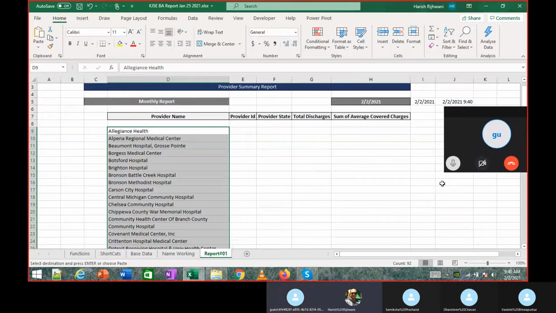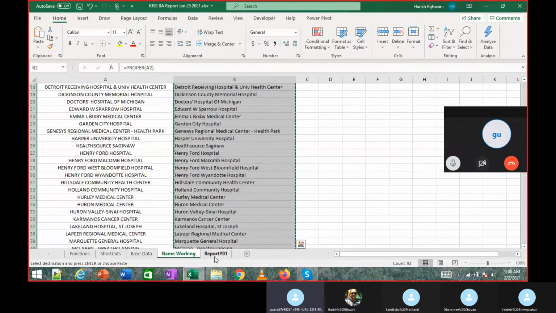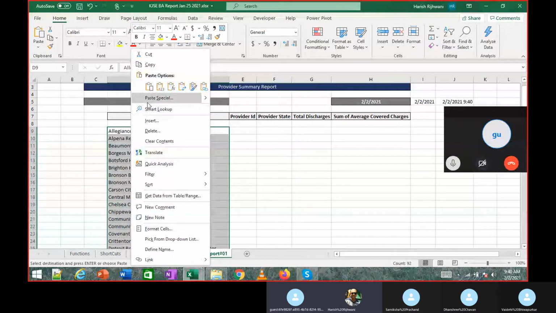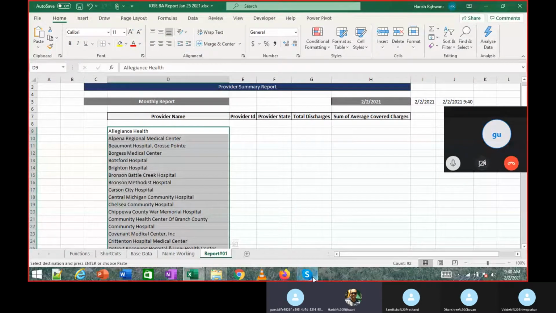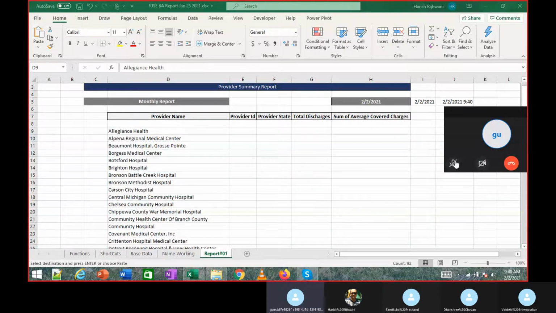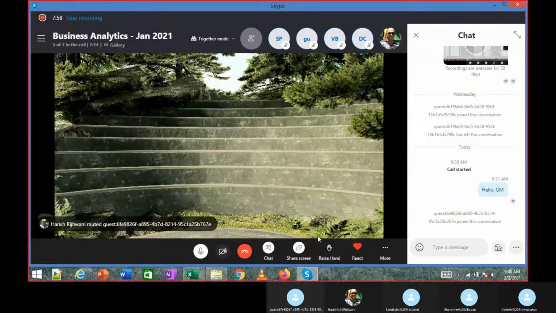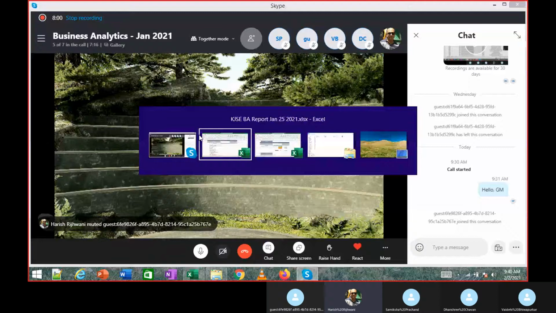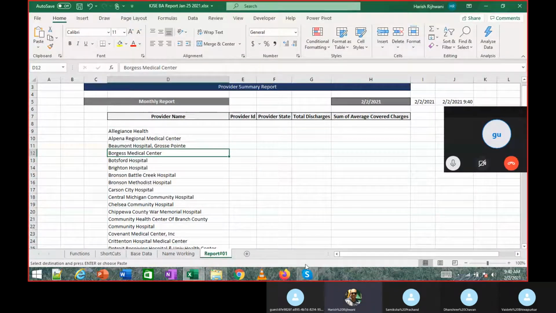Can you try this? You copy this, right click, paste special and values. That's what you're supposed to do. Can you try that? Let me know when you have tried this.